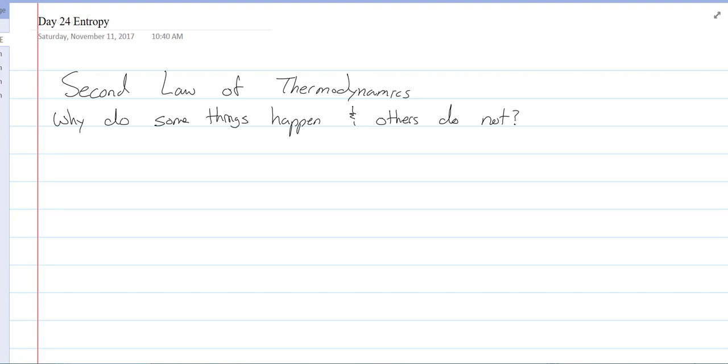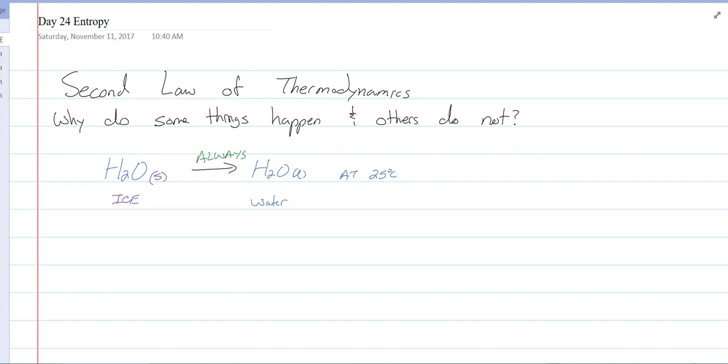So if I have H2O, solid H2O or ice, why does this go to liquid water, H2O, at 25 degrees Celsius? This is an always. Always ice going to water at 25. However,